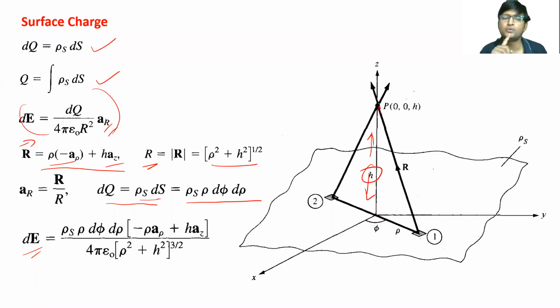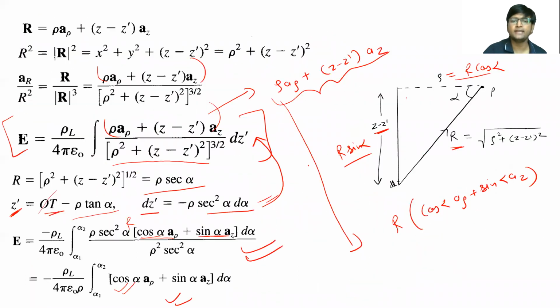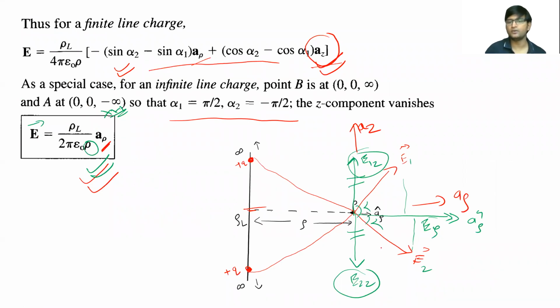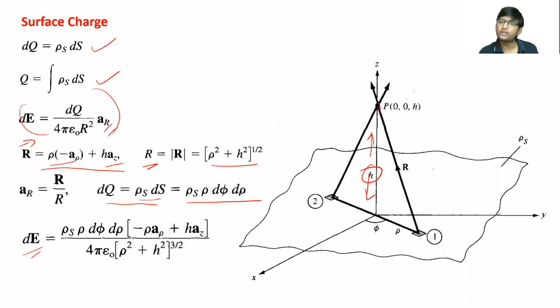One more thing I want to add before closing this lecture is that, like in the line charge case, we saw that the perpendicular components of the electric field were canceling each other, right? That is why we were getting only the radially outward electric field direction for an infinitely long line charge. Similar to that, if you take two surface charges exactly opposite, the electric field because of this one is going to be this, and the electric field because of this surface charge is going to be this; let me call them E1 and E2.